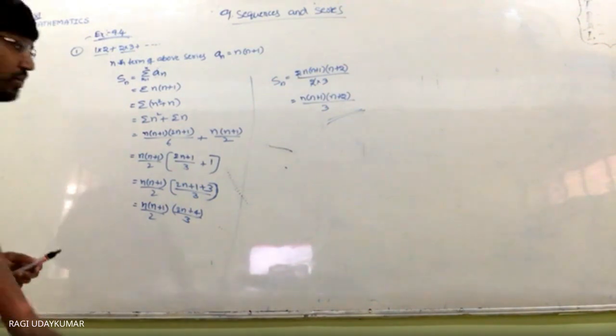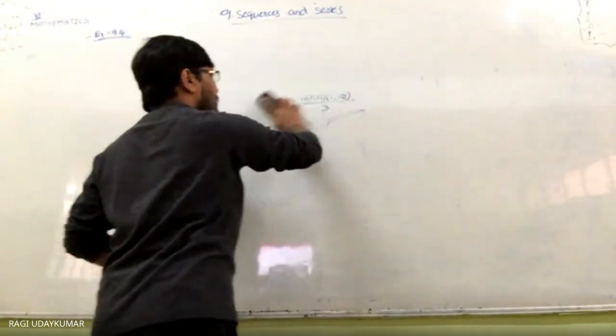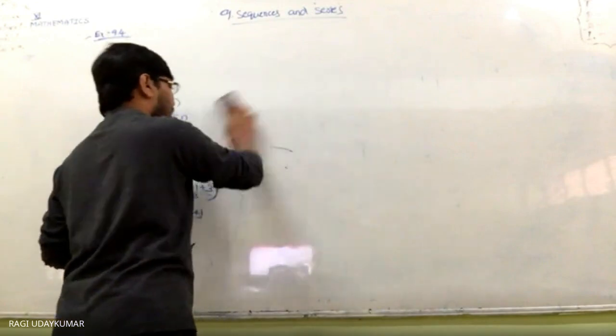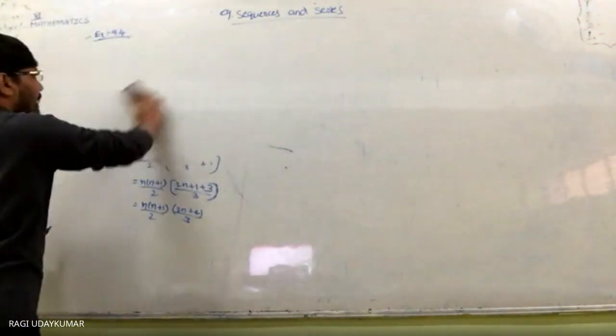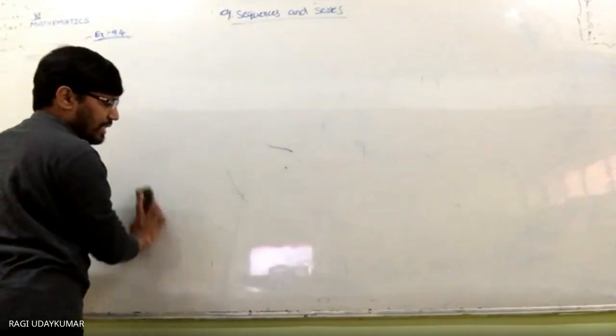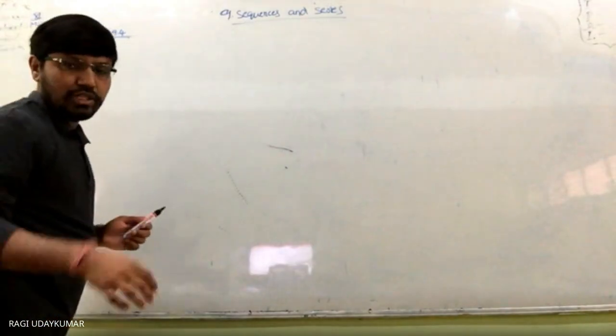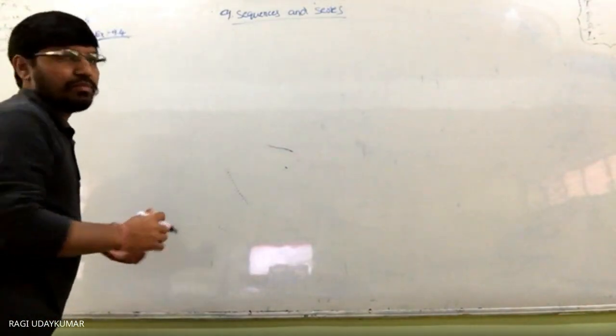Okay. Yes, sir. Next. Let us go to the second question here. All these questions are in a similar way, like this. Just we have to simplify it. Nth term you need to write. After writing nth term, sigma should be taken before, and in case of sigma n cube, if you get n cube, it should be substituted. Sigma n square, if you get sigma n square, it should be substituted.